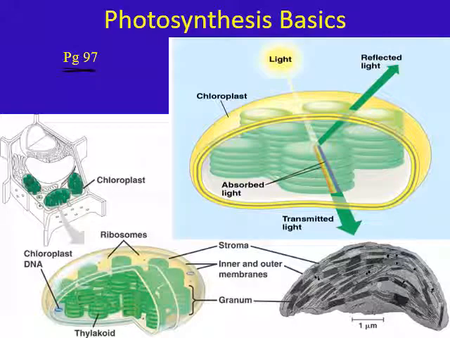Like the mitochondria, it actually has two layers surrounding it, 1, 2 here. And then it actually has its own ribosomes, its own DNA, which is unique for most organelles with the exception of the mitochondria. Inside of the chloroplast is this little fluid stuff called the stroma, this space here. Again, you have the inner and outer membranes. And then you have these stacks of these things called thylakoids. Thylakoids are basically these little guys right here that look like flat green pancakes,